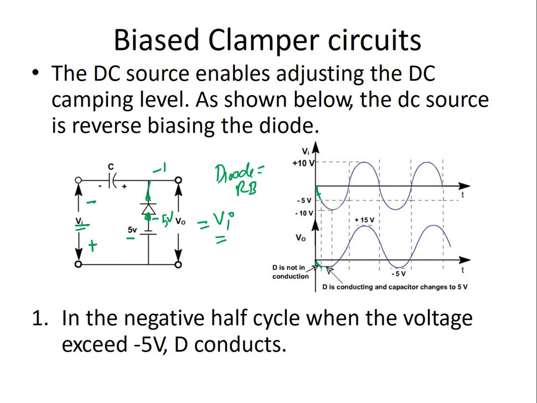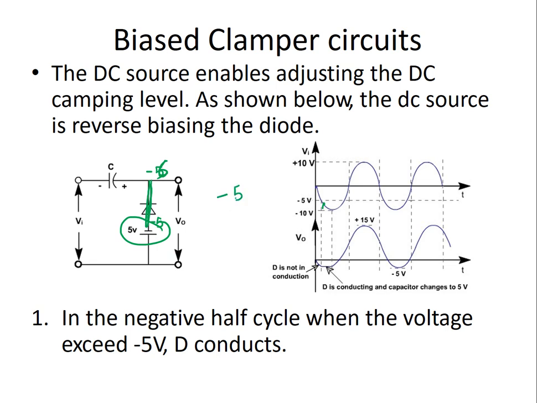This holds until I reach the level of minus 5 volt. Now what is happening here? I am getting minus 5 volt here and here I am also getting minus 5 volt. At the next instant, I will get minus 6 here. Now this is lower and this is high. So when this happens, this diode will change to forward bias. Forward bias means now the output voltage will be equal to this constant minus 5 volt.